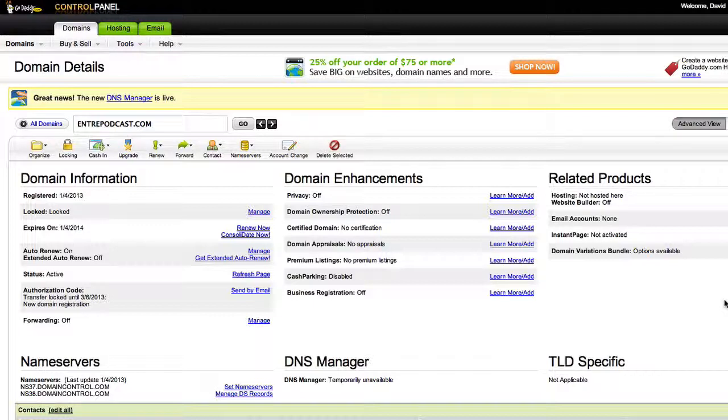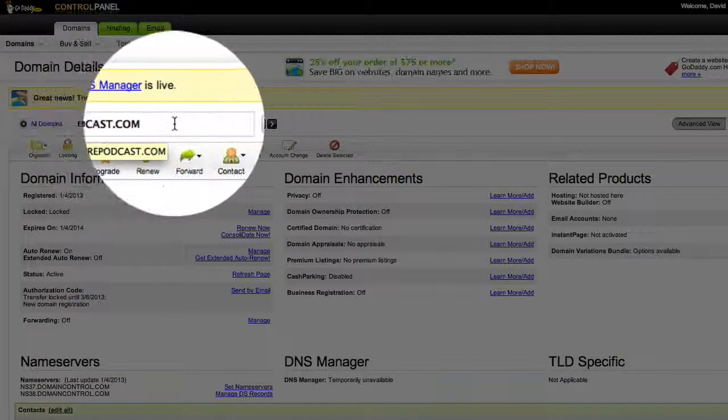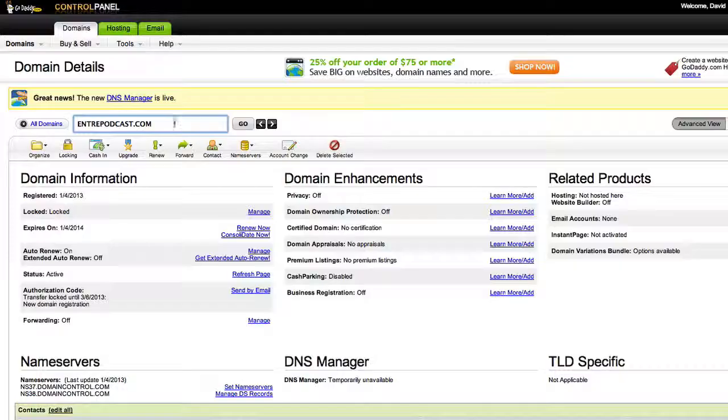This tutorial is to cover name servers, and name servers are a setting on your domain name. So let's assume you've just registered a domain name as I have here. I registered the domain name entrepodcast.com, and now, in my case, I have my domain names registered through GoDaddy, but I have my web hosting